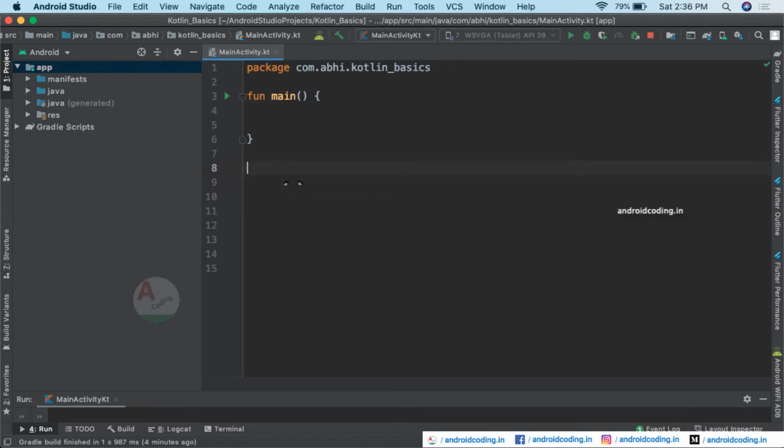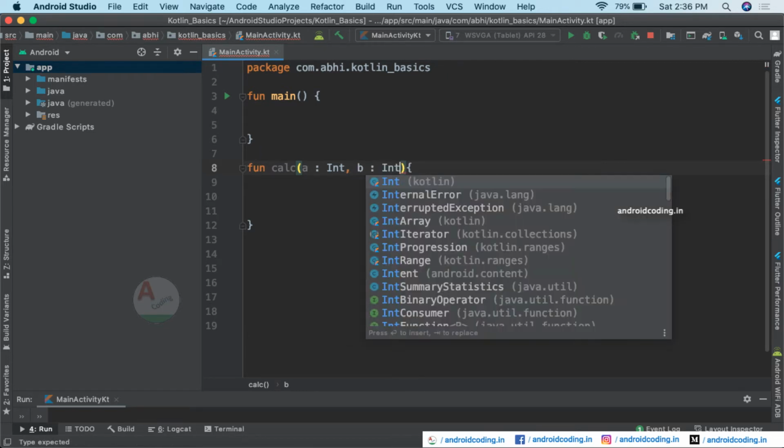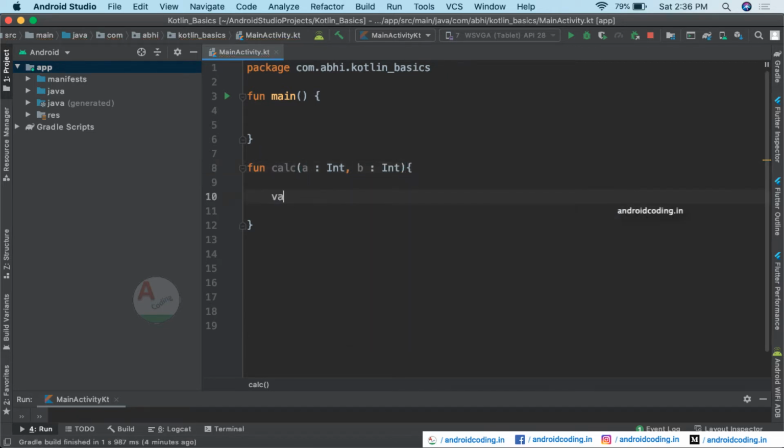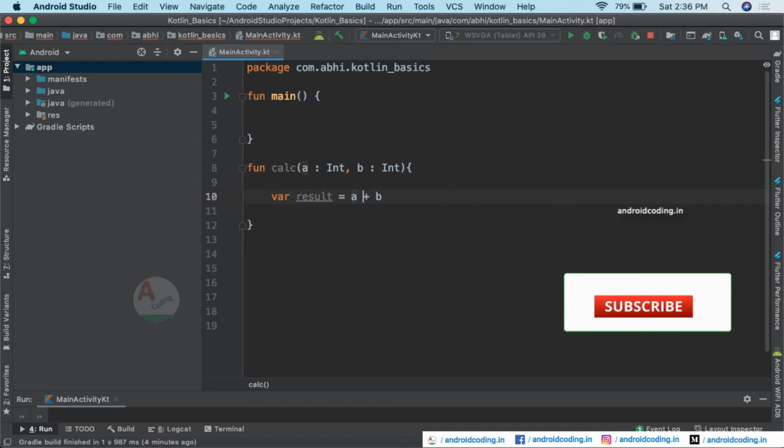Now let us create a method calc, and here we will pass two parameters a and b. Inside, we declare a variable result which adds up these two values.